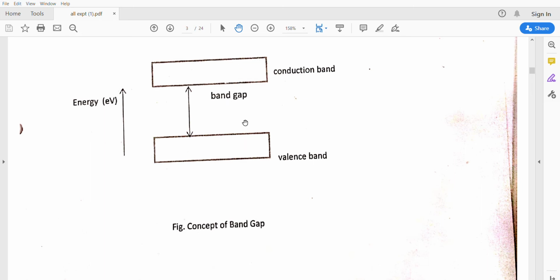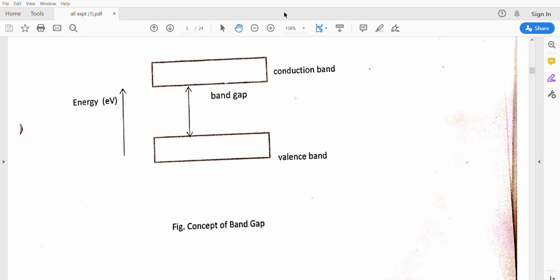This energy band gap is different for different materials. It is different for silicon and different for germanium. Silicon is 1.1 electron volts, germanium is 0.7 electron volts. So this energy band gap plays a major role in determining the conductivity of materials. If the energy band gap changes, the material can become a conductor from an insulator,